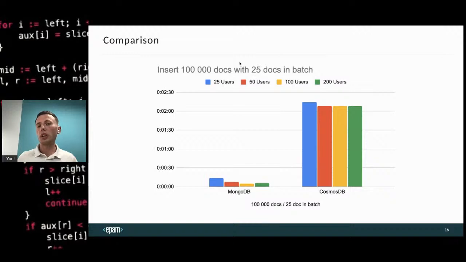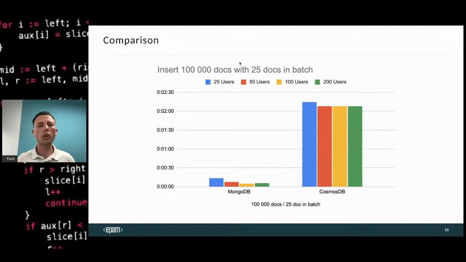One user can, at this point, insert 25 documents in a batch at the same time. And what was the result I got? MongoDB, in general, got a result close to 15 minutes. But for Cosmos, it takes close to 2 minutes.